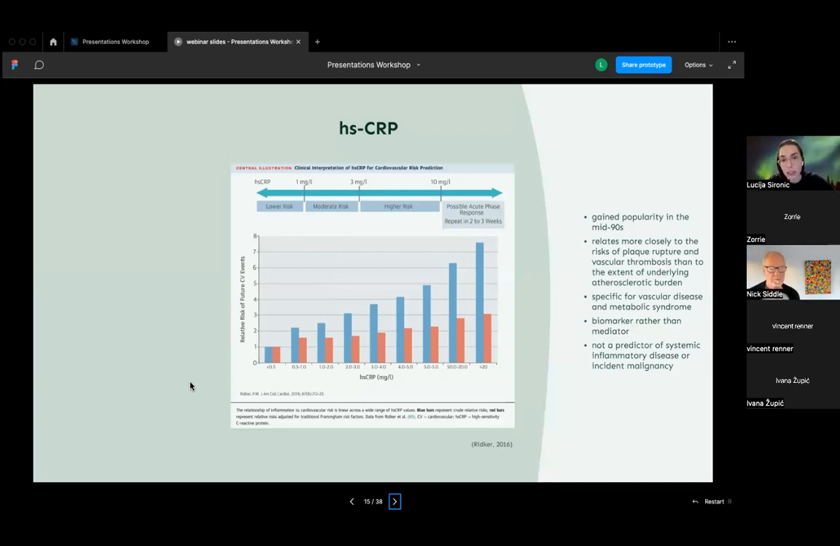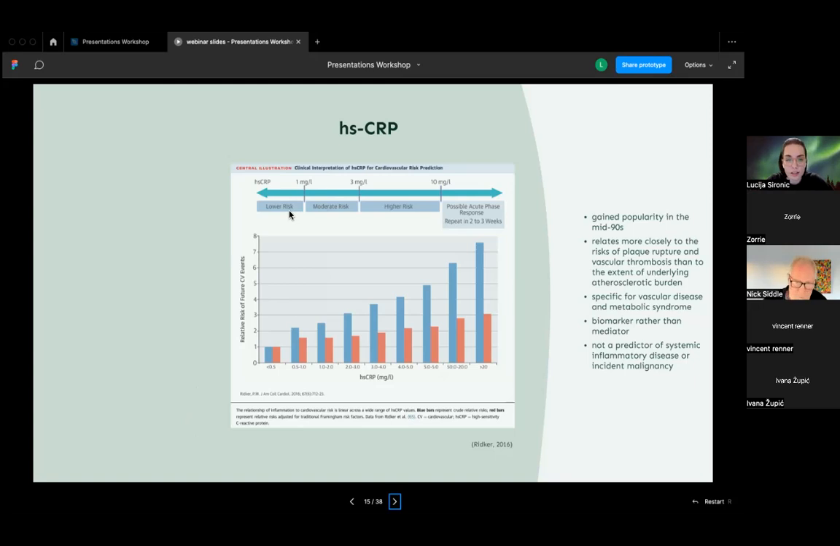Today, classification according to high sensitivity CRP and cardiovascular risk is here, as you can see. In people who have less than 1, it is considered lower risk for cardiovascular disease events. Between 1 and 3 is moderate, 3 to 10 high risk. Anything above 10 is very likely not reflective of a cardiovascular risk, but more to do with